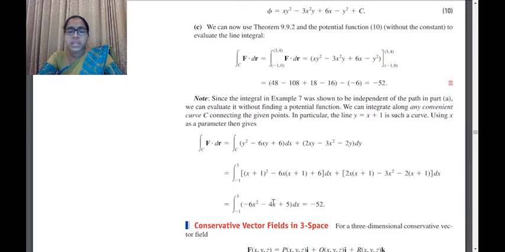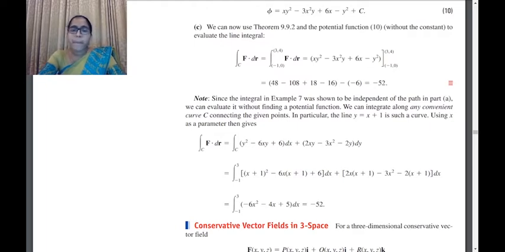So this will be our final expression. We just have to integrate it. It is a simple integral. What is the integration of this term? Minus 6x cubed by 3, where 3 and 6 get cancelled. So it will be minus 2x cube minus 2x square plus 5x, varying from -1 to 3. You can verify that the value will be minus 52, which is the same as the value we obtained using the previous method. So this is just another way of solving the problem.